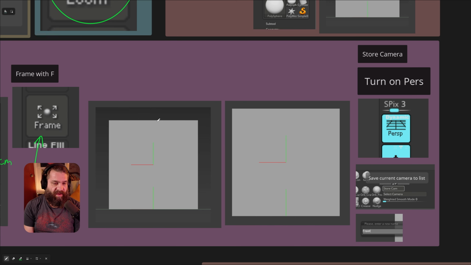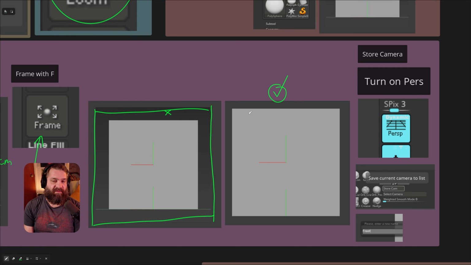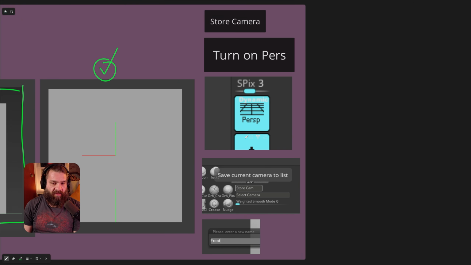Then you have to make sure this is not good. You see how you've got a border with the document? The plane needs to fit exactly to this. Now that's good. It needs to fit perfectly. And last, we are going to then turn on